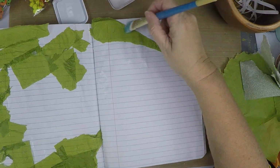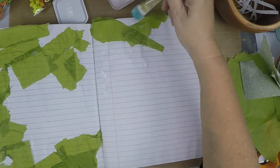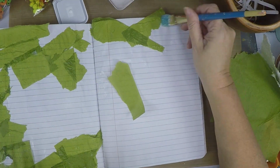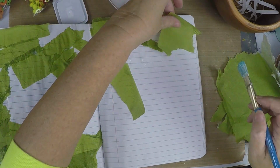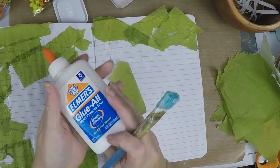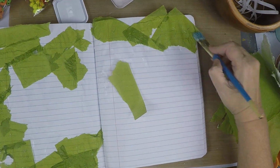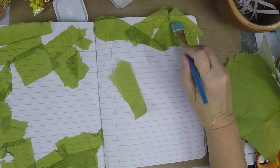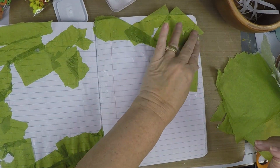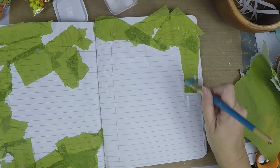I'm just putting down just a little bit of glue. And that's it. I mean, I'm just taking little pieces of it and I'm swishing it down on here. And it really is Elmer's glue. This is what I poured it from, Elmer's Glue All, just regular glue. That's what I like to use that kind of glue for most of the time now. And you notice already that the page is already buckling. So I'm really trying to do this quickly, but I wanted to stop and show you that